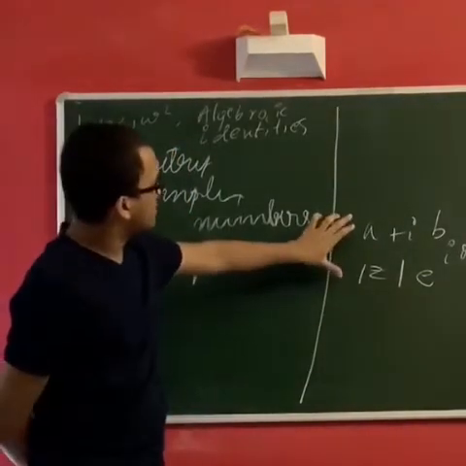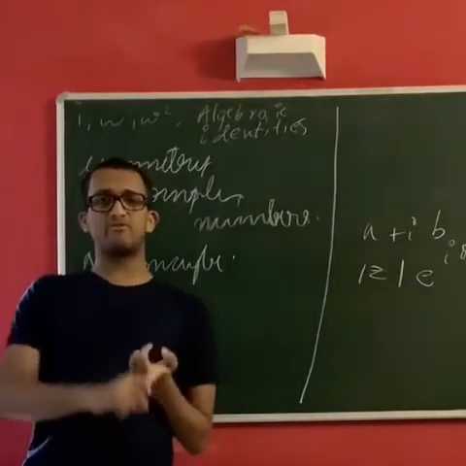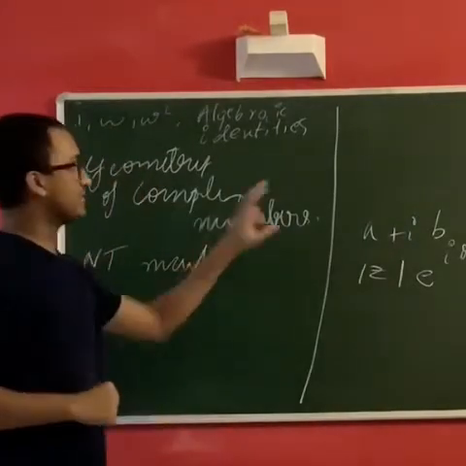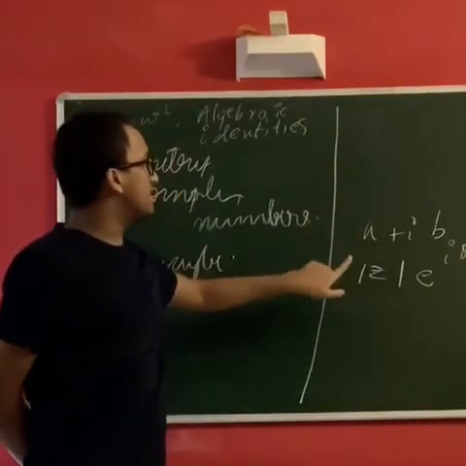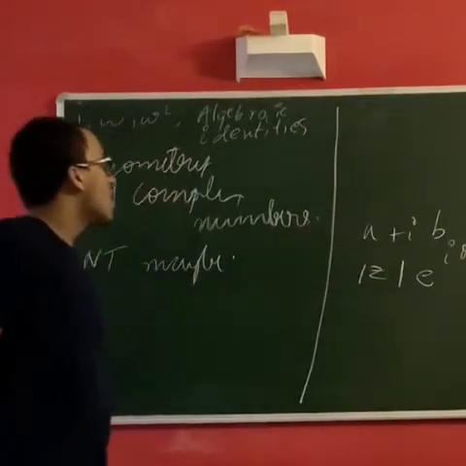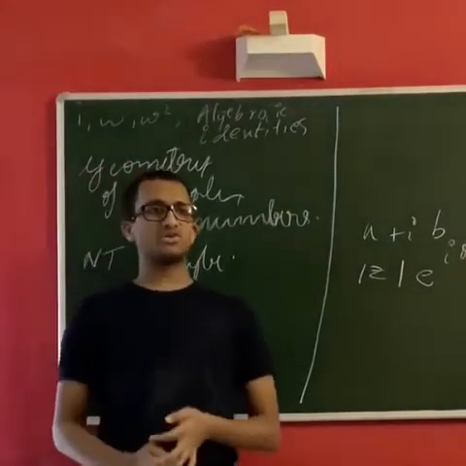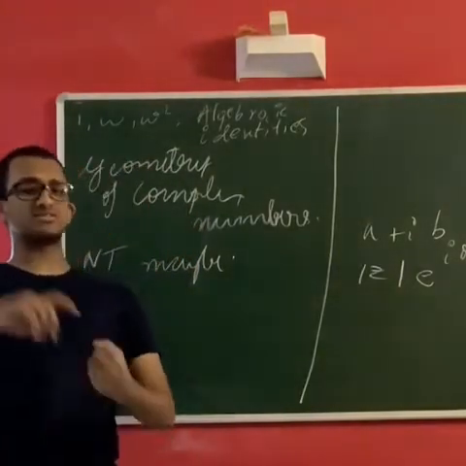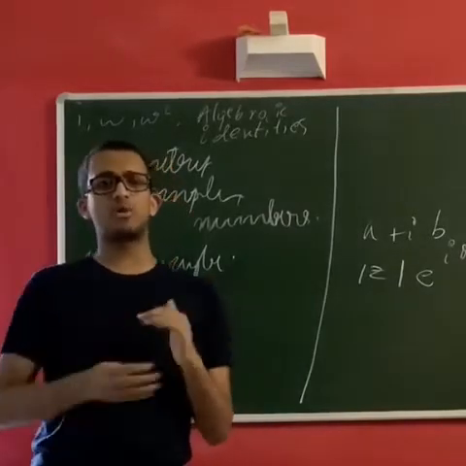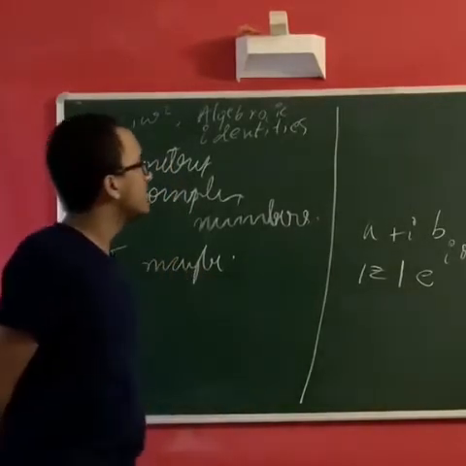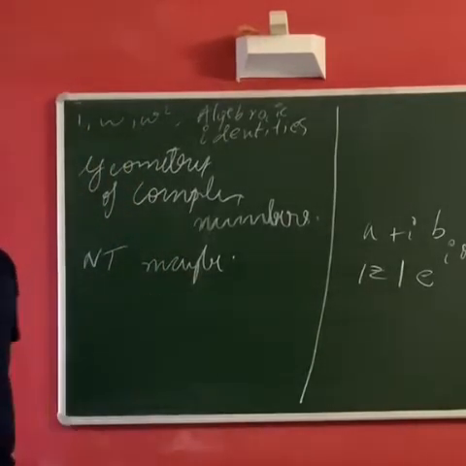Then we checked whether the operations were the same for real numbers as we defined them for complex numbers. Then we had the representations defined, a plus ib and z equals r e to the i theta. And then, more importantly, we had some properties defined for the complex number or the complex plane, that is the modulus, the argument and the conjugate, and some more properties, and a few more problems we discussed. Some problems I left for you to continue.